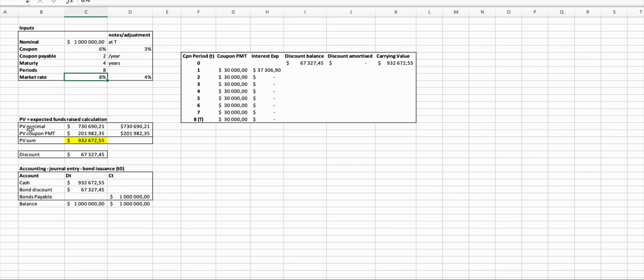We've calculated what will be the expected proceeds of the issuance of the bonds, or in other words, how much money we are going to get when we issue the bonds. We've calculated this as the present value of two streams of cash flows on the bond. First one was the nominal amount, the second stream of cash flow were the coupon payments, and we've determined that this value is